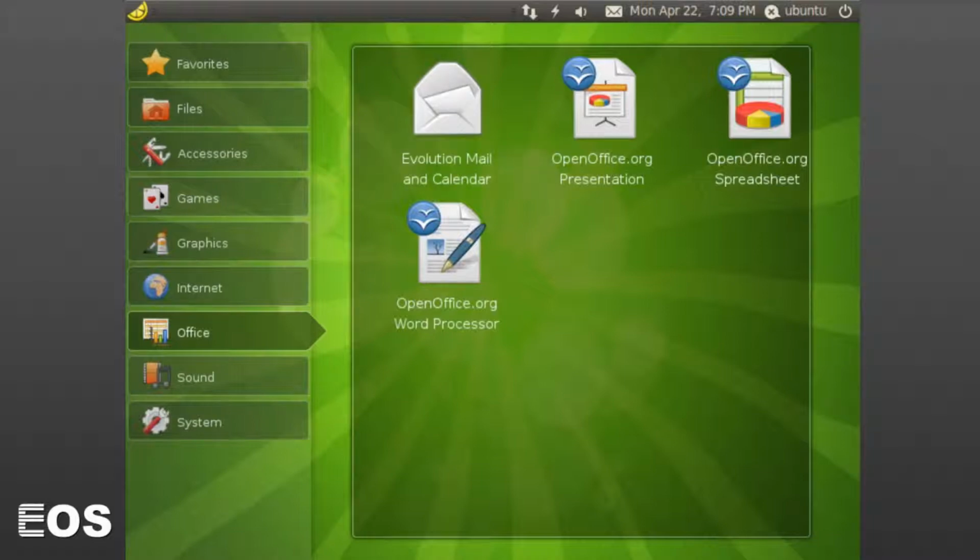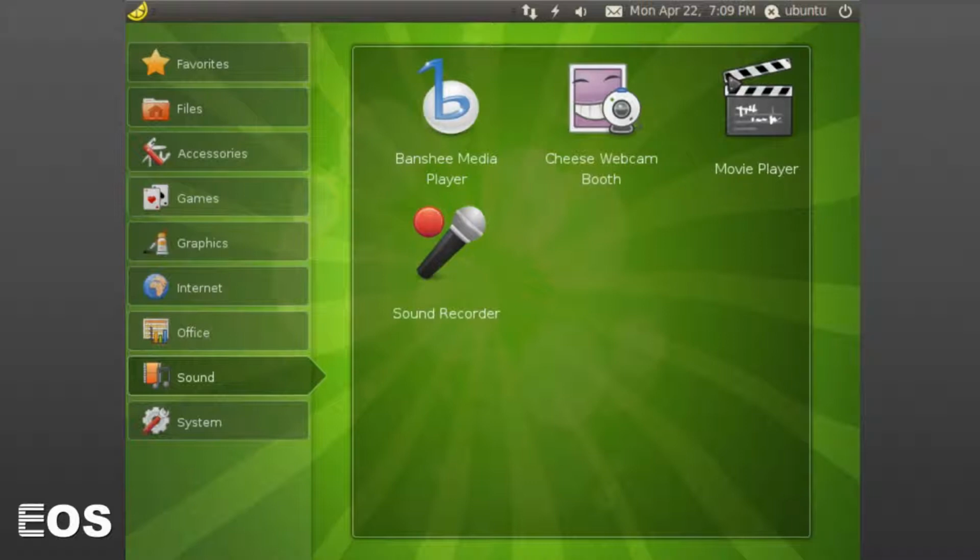So Evolution, Mail and Calendar. That is a very weird name. Sorry. Let's get some sounds in this. Banshee Media Player, Movie Player, Cheese Webcam Booth, and Sound Recorder. That's very simple naming. Banshee Media Player,